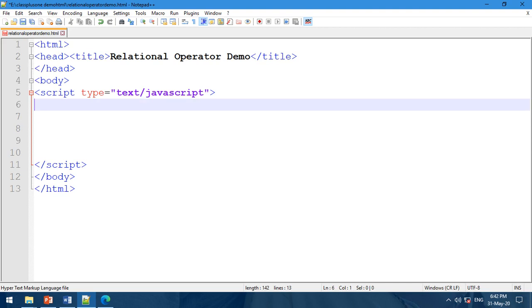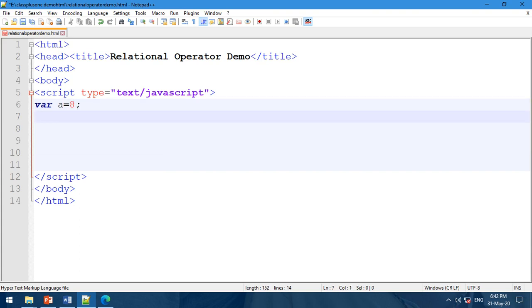So first, let's declare variables. var a is equal to 8, and var b is equal to 6.